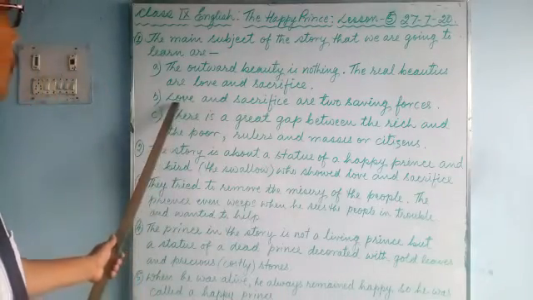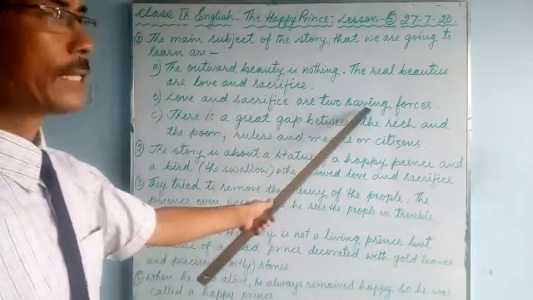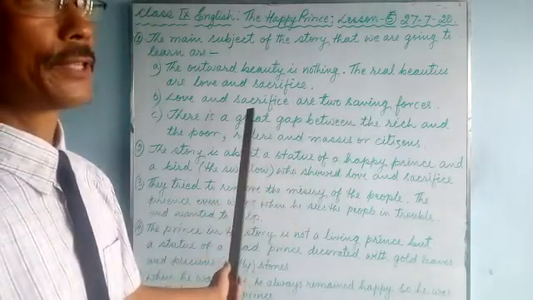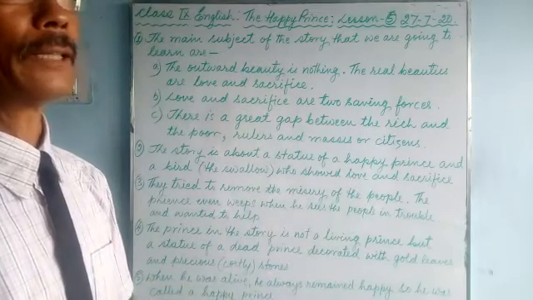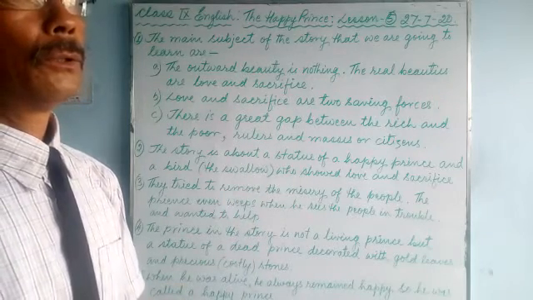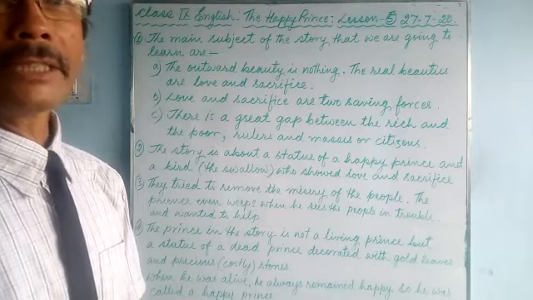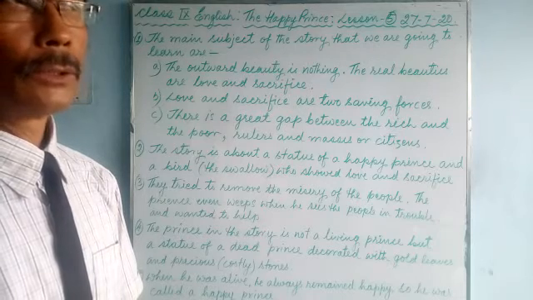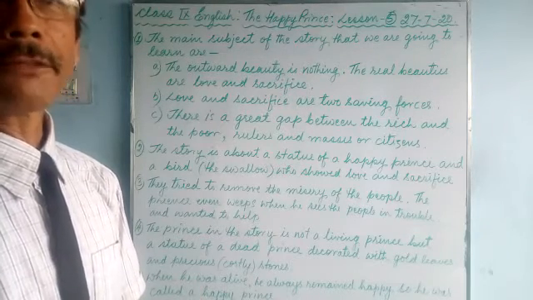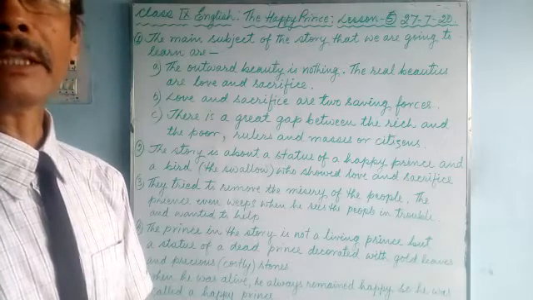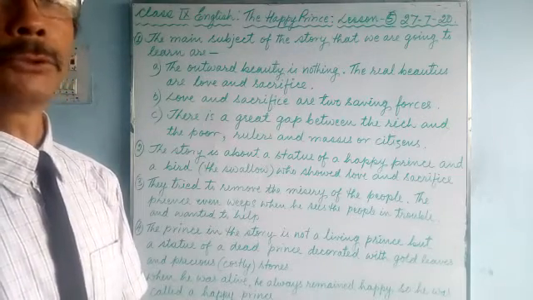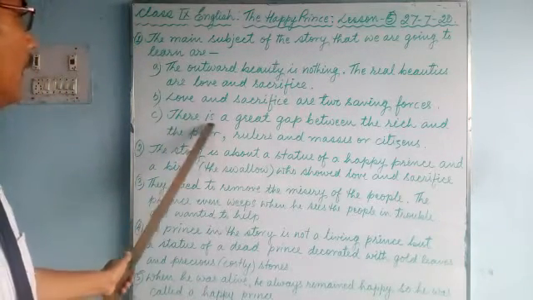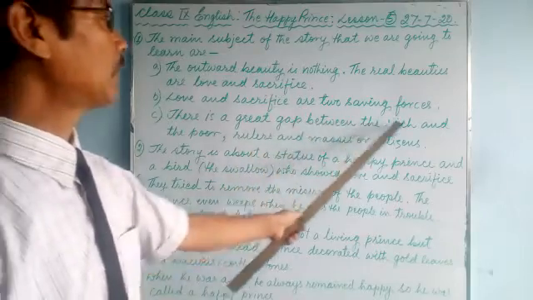Number 2, love and sacrifice are 2 saving forces. That is another thing we will learn. When you show love, even the animals can understand. And our greatest quality is sacrifice. We must learn how to sacrifice ourselves for the betterment of others. That is the beauty. Now number third is, see, there is a great gap between the rich and the